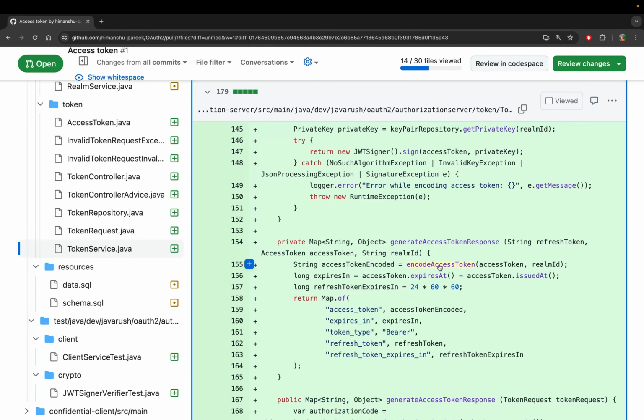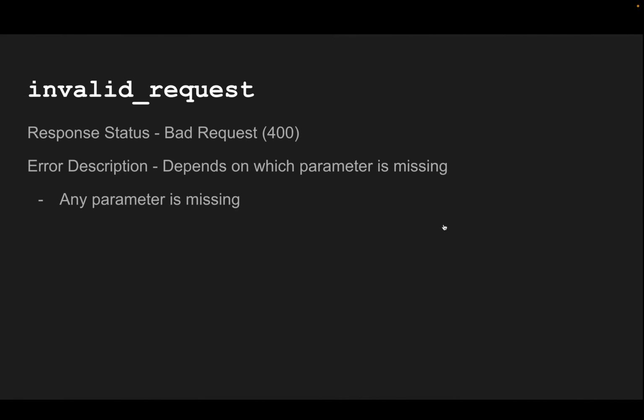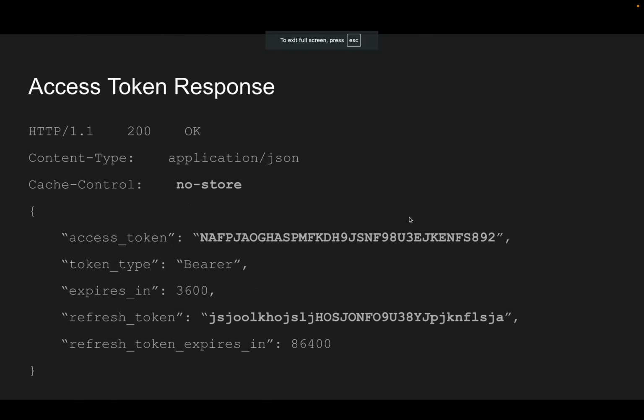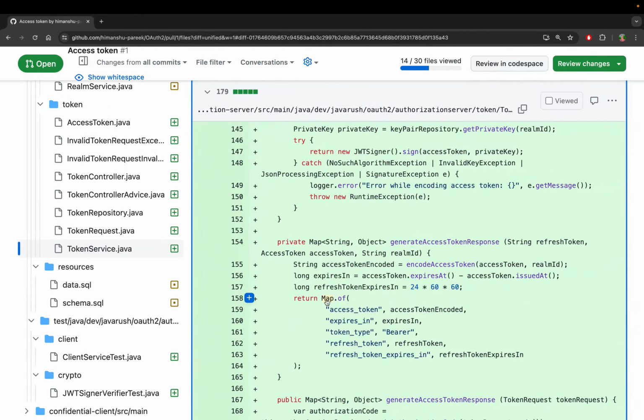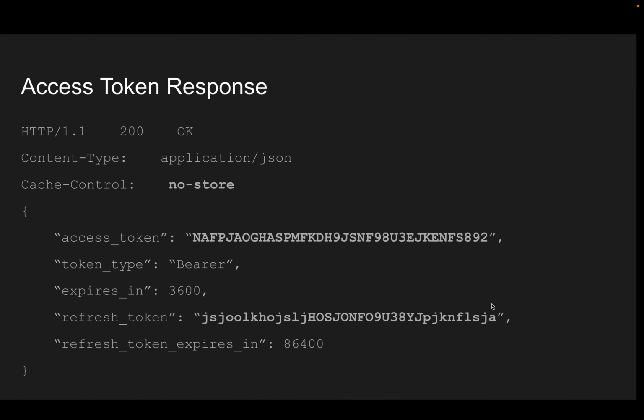So now we have the encoded access token. After that, this is the response which you need to return. This will be a map of string to object. The first is access token, and its value will be this encoded access token. So you can see we are returning a map. The first key is access token and its value is the encoded access token. The second is